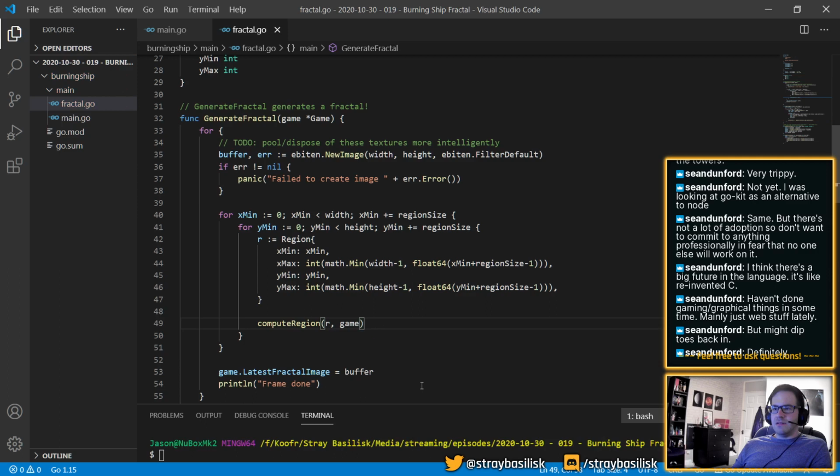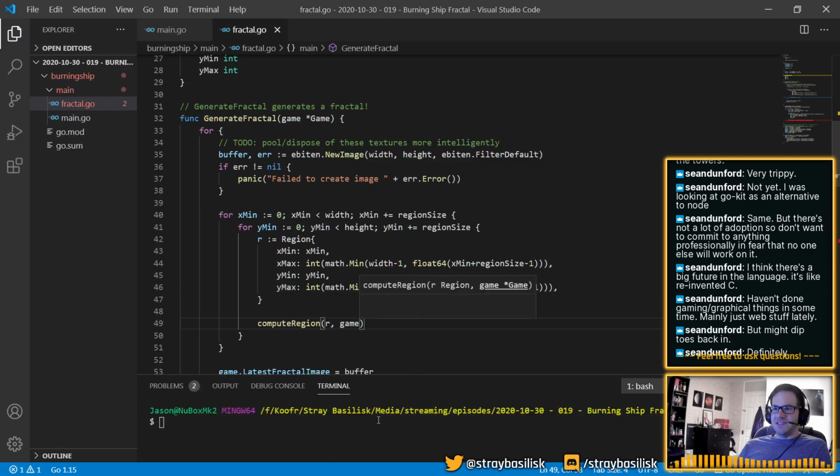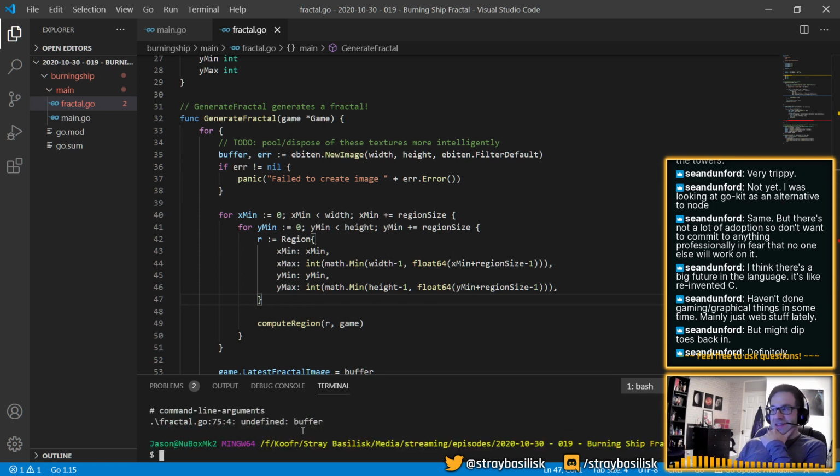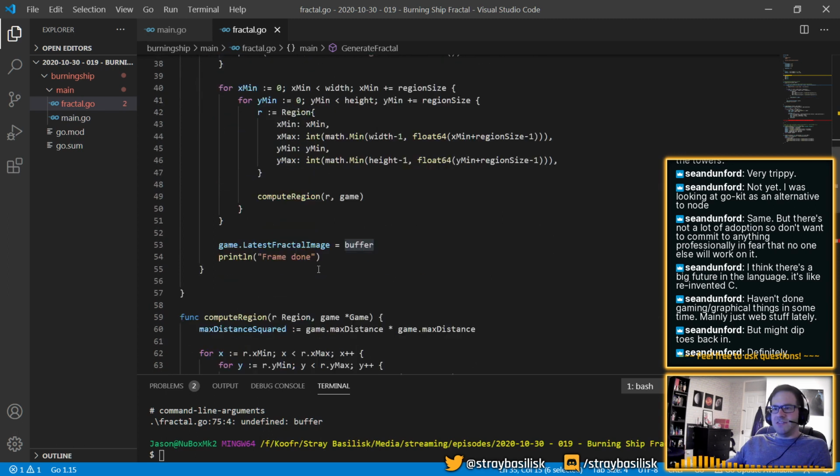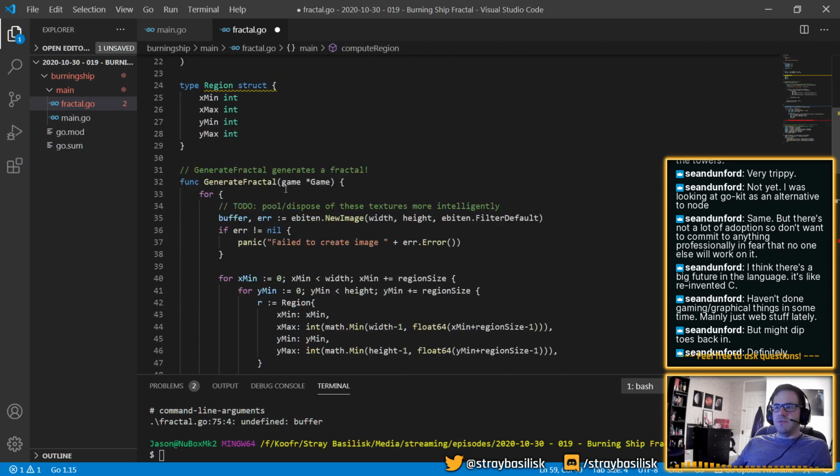Okay, so this should be functionally the same. I've just haven't parallelized it yet, but I've done some preliminary work for that. Ah, let me give it the buffer to write to, which is a pointer to